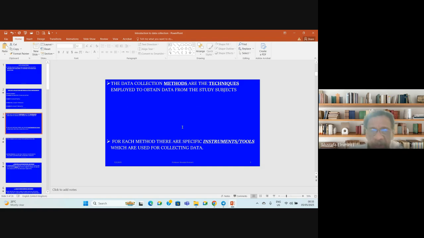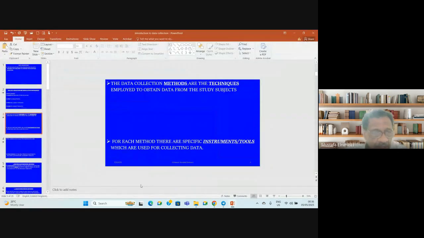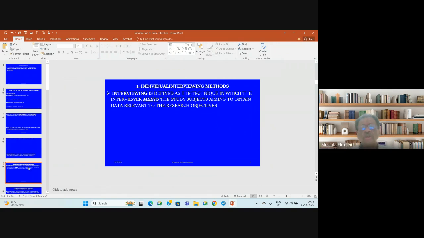For each method, there are specific instruments or tools which are used for collecting data. And it's important to discuss here that the common data collection methods include interviewing, which can be held through instruments such as questionnaire or interview guides. And we can talk about individual interviewing methods. Interviewing is defined as the technique in which the interviewer meets the study subjects aiming to generate the data relevant to